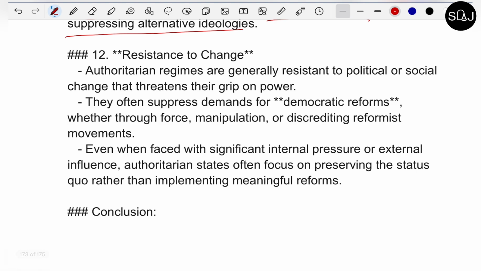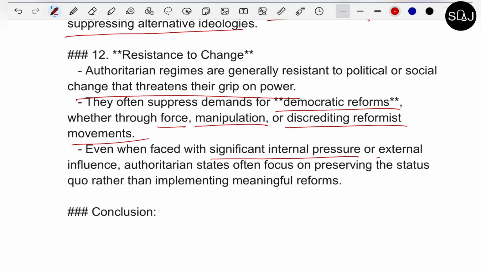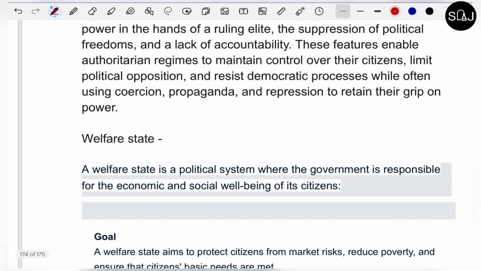Number 12. Resistance to change. Authoritarian regimes are generally resistant to political or social change that threatens their grip on power. They often suppress demands for democratic reforms, whether through force, manipulation, or discrediting reformist movements. Even when faced with significant internal pressure or external influence, authoritarian states often focus on preserving the status quo rather than implementing meaningful reforms. Now, the conclusion is that